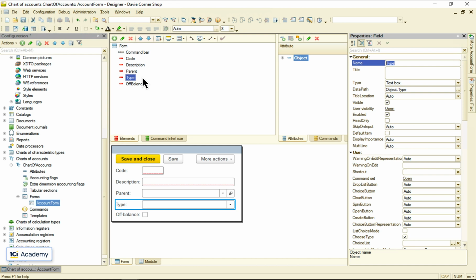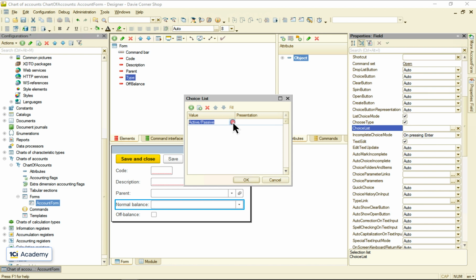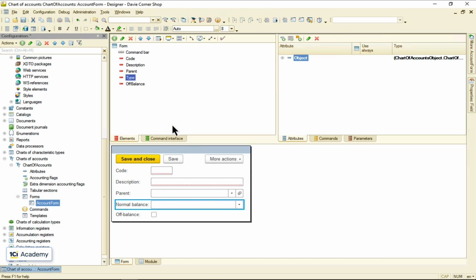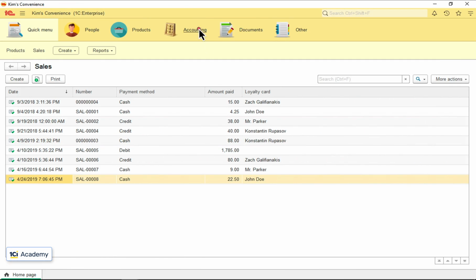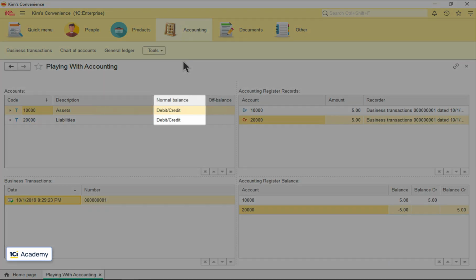Changing the title, turning on this flag to manually specify the list of values to choose from, and here's the list I want instead of the standard one. Let's see. This is our form, and these are account type names I got used to.